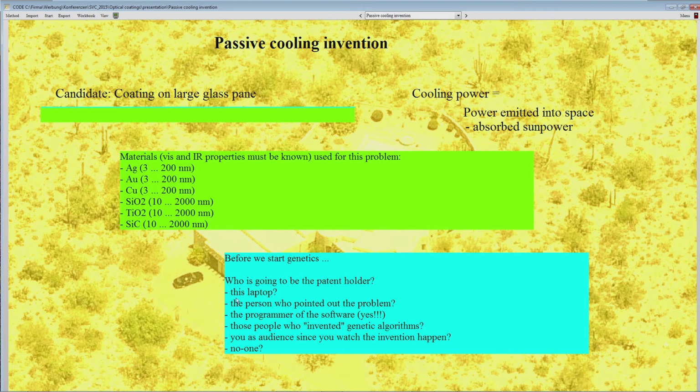Well, obviously the laptop that does this work in the next 5 minutes cannot be a patent holder legally. The person who pointed out the problem, well, that would be maybe me. Okay, I can be the patent holder if you like, but maybe not. The programmer of the software, that would be me too. Or those people who invented genetic algorithms, those could be the patent holders. So that's really open, and let's not be blocked by this question, but I just wanted to point out that